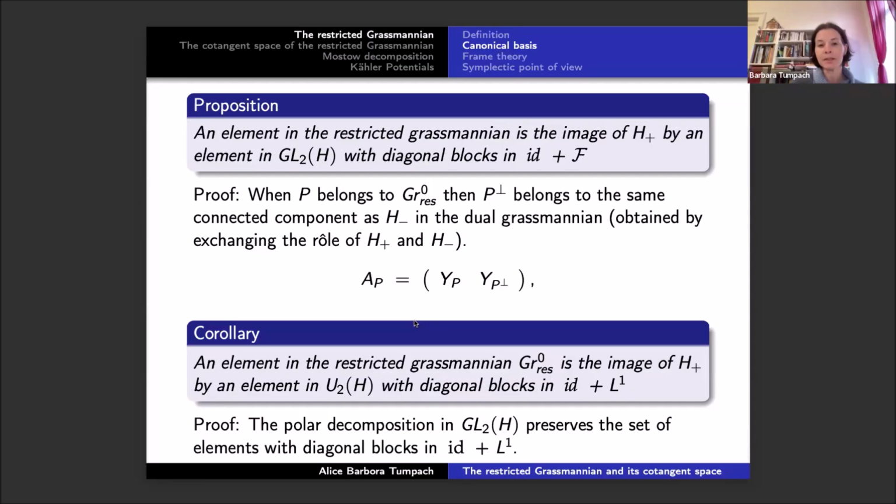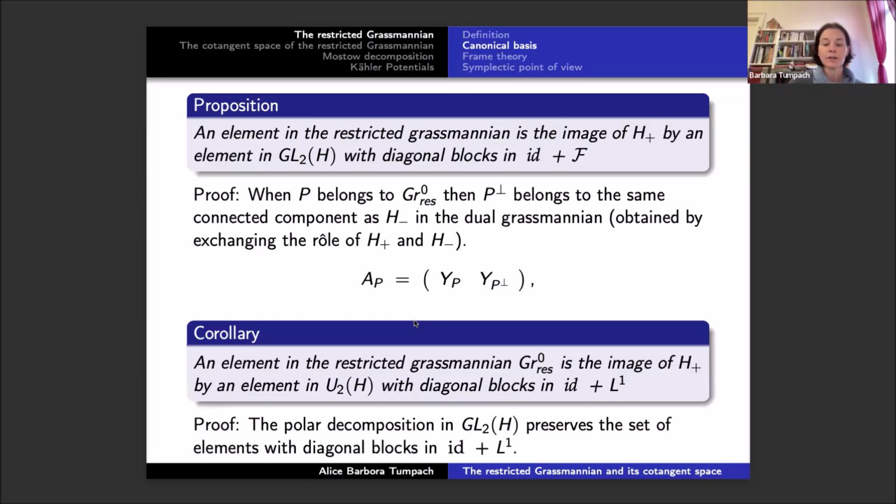So any element P in the restricted Grassmannian is also obtained by the action of U2, and more precisely of a smaller group of U2,